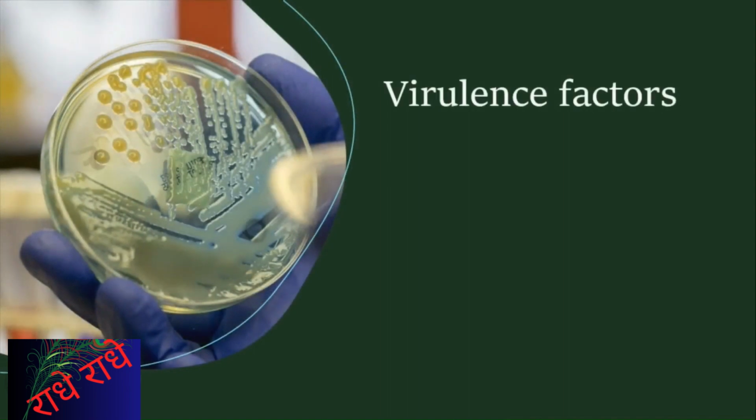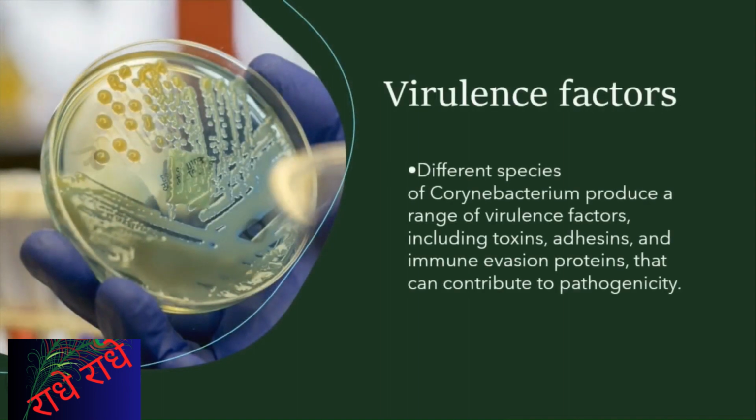Corynebacterium is a group of bacteria that inhabit a wide range of environments, including human body surfaces and our environment. Characteristic of this bacteria is the variety of virulence factors they produce, including toxins, proteins that allow them to evade our body's immune systems, and adhesins, which help them stick to surfaces. To better understand their growth and virulence factors, this research examines the various strains of Corynebacterium.